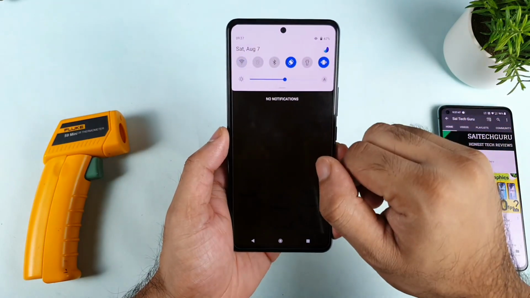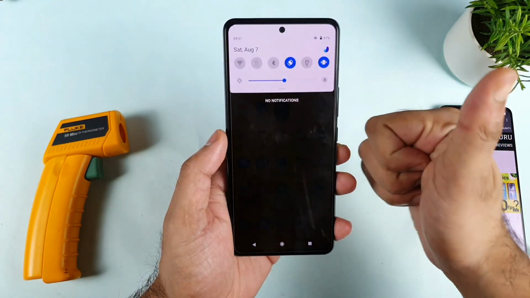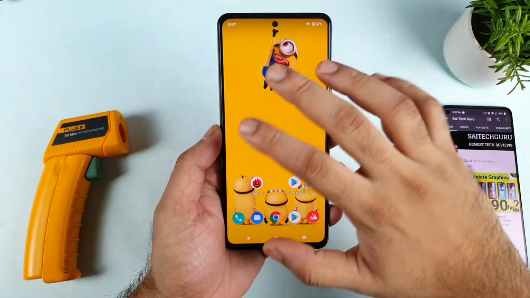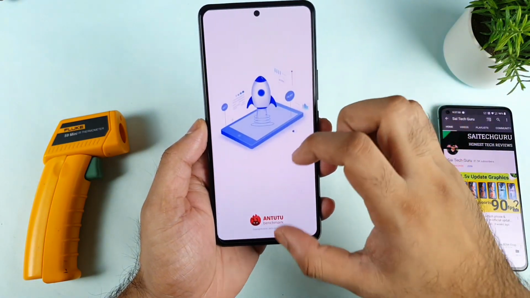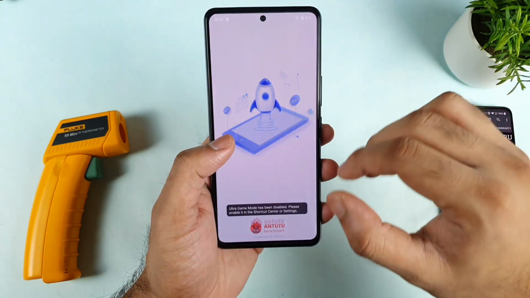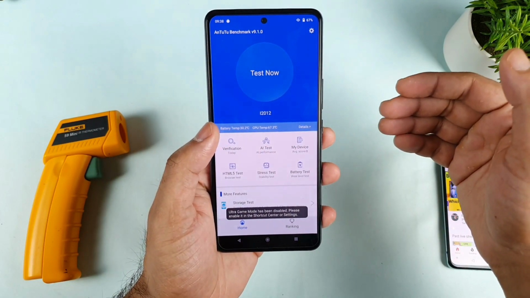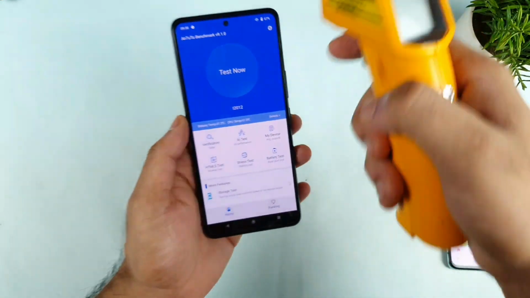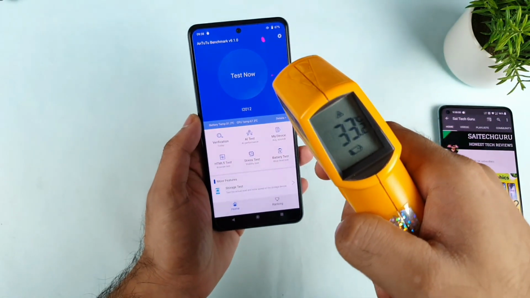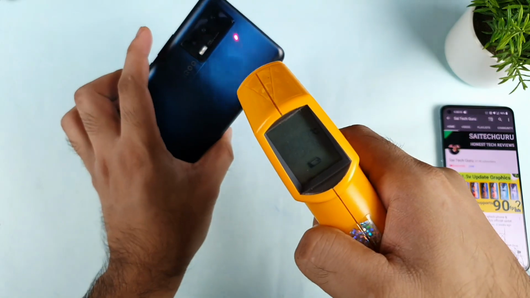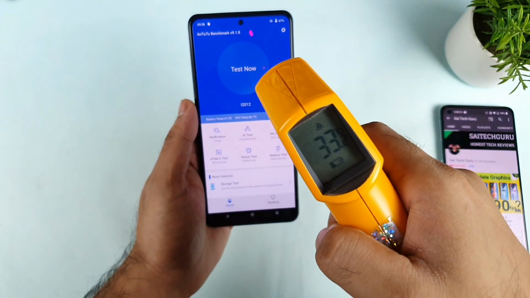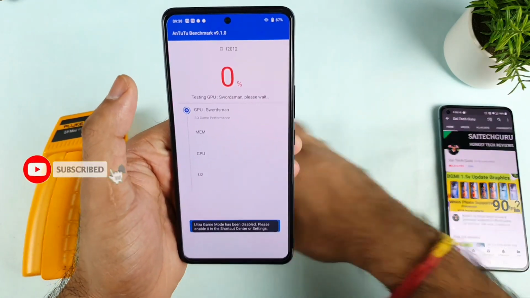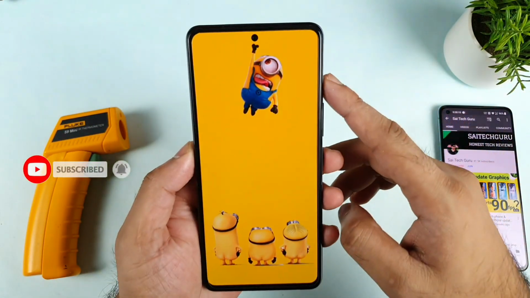There is no Wi-Fi connection, and 50% brightness is also set, and everything is cleared from the background completely. And I'm trying to use the extended RAM capabilities as well during this demonstration. Right now, let me check the temperatures first in the beginning. 32.8 degrees, not bad. 33.2. 33.6. So only 33 degrees in the beginning of testing. Let's see how much the temperatures can actually increase with time.